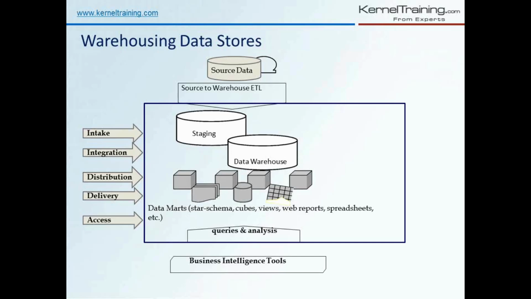Now, what major stuff happens in the warehousing data stores? Warehouse is not just an English word where everyone stores things, right? For example, DHL courier or any large couriers like cargo, Blue Dart, everything, right? They store physical products. Here we store the information of the products. So now, source data, source to warehouse ETL.